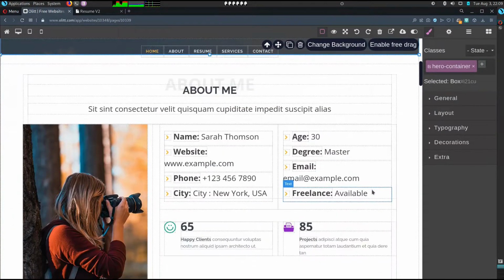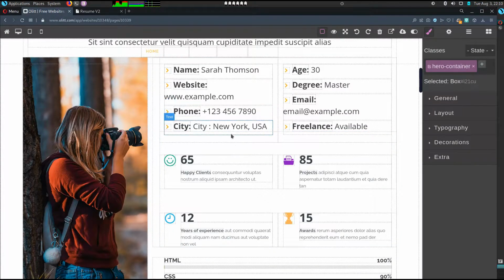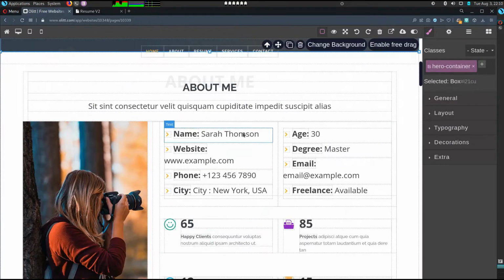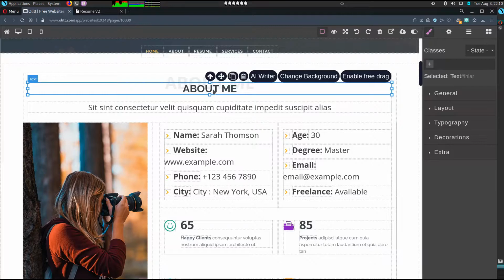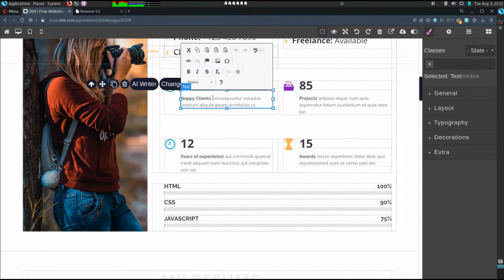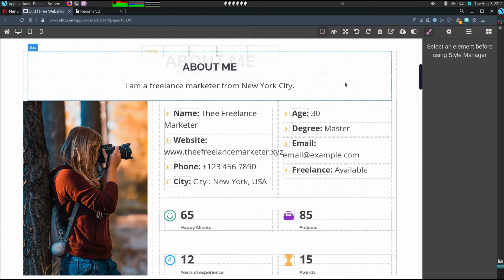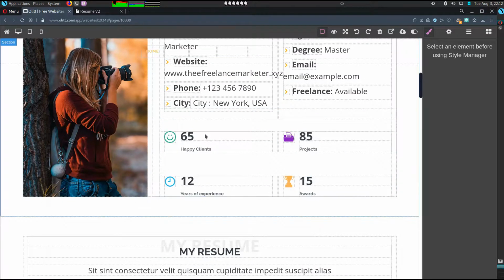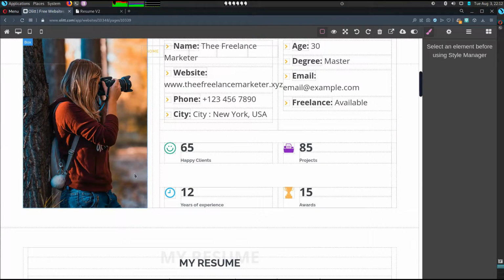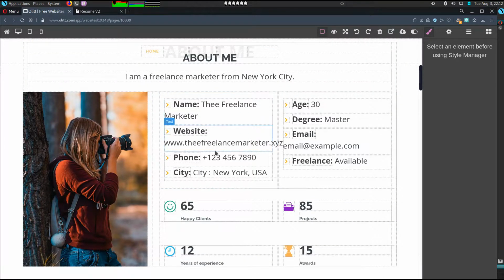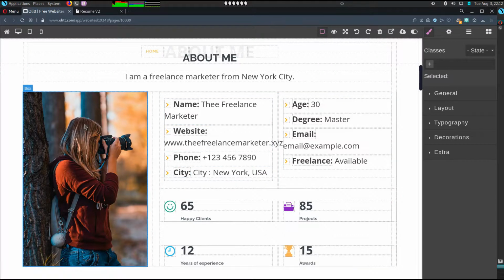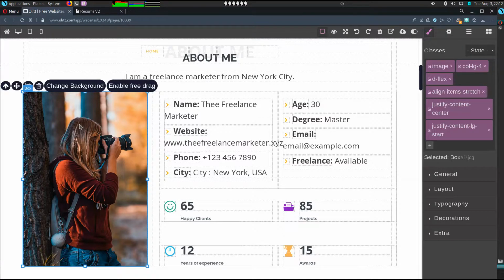So let's scroll down to the about section, and here we can add certain details about me as a marketer, or rather what I do. So once you're done editing, as you can see, it's quite a simple section. It's just an about me, where I've added the name, website, and I've left the phone as that's my city. So what we can do next is we can decide to change this image,